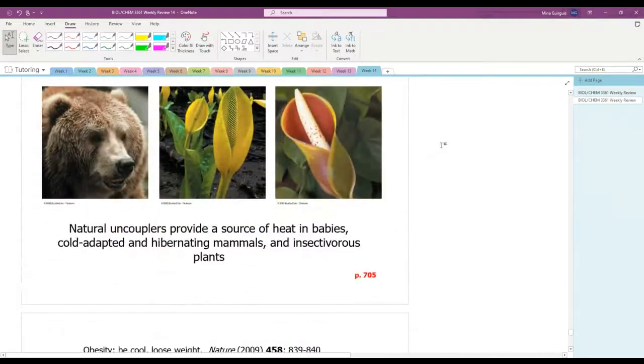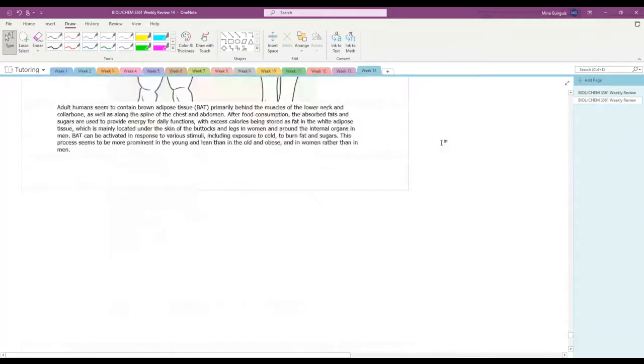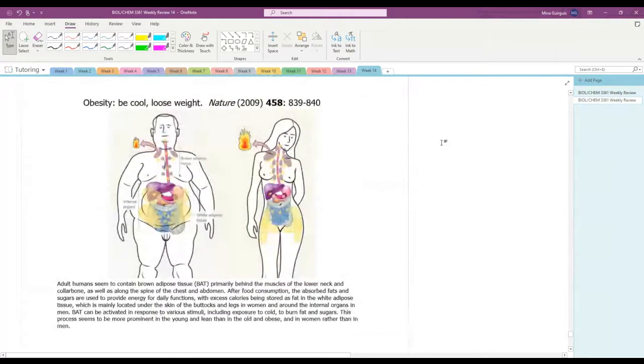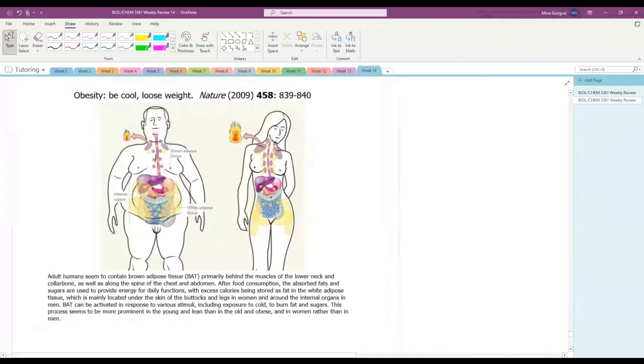All right. So natural uncouplers are good, right? They can provide a source of heat for us. We do need natural uncouplers. It's just the unnatural uncouplers that target the electron transport chain that are bad for us. Okay. Now this is something interesting your professors like to include because there's a lot of dieting and a lot of talk about fat and what kinds of fat and tissue we want. I think it's interesting. I don't remember if it's ever been asked about. I think maybe once or twice they might have asked a question about it. So just very briefly,